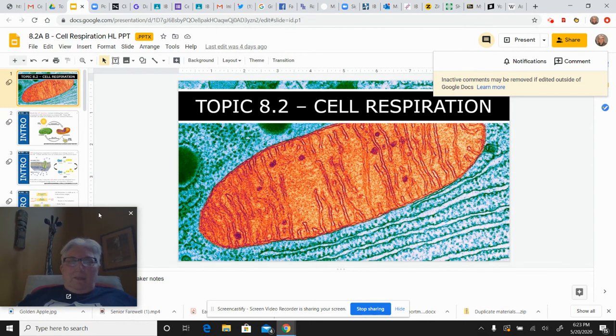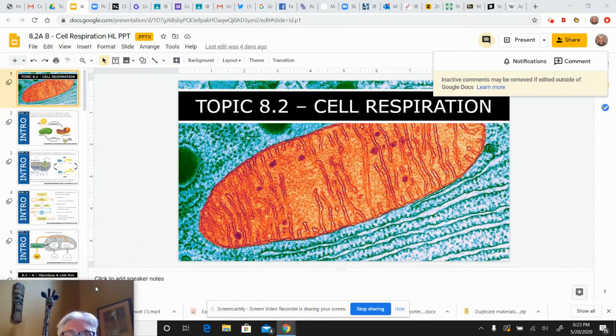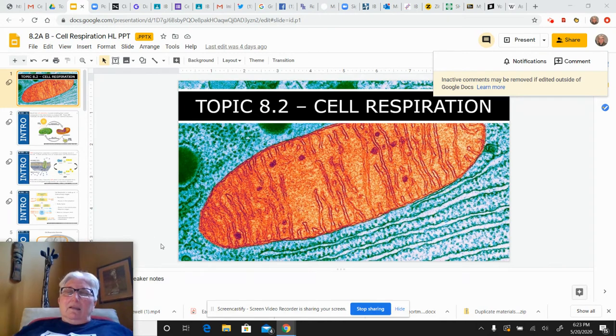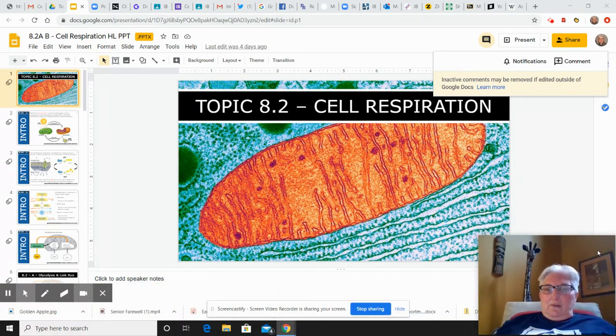I'm going to explain a little bit about cell respiration. So today, Thursday, we'll look at cell respiration, the first half of it, glycolysis and the Krebs cycle, a little bit of redox reactions with that. And then Friday, we will conclude cell respiration with the last two sections. All right. So just by way of a very brief review,